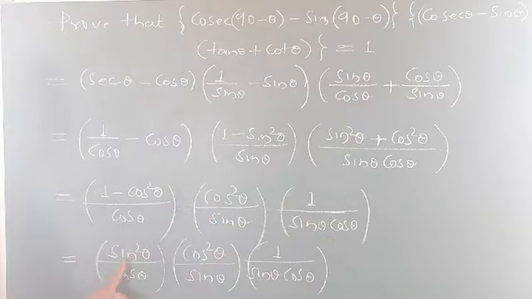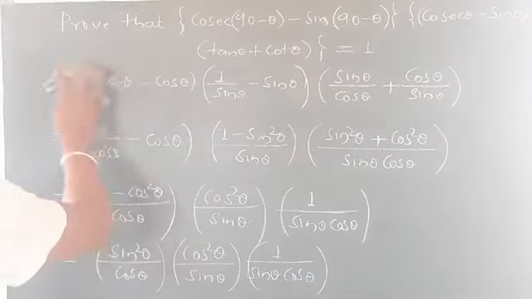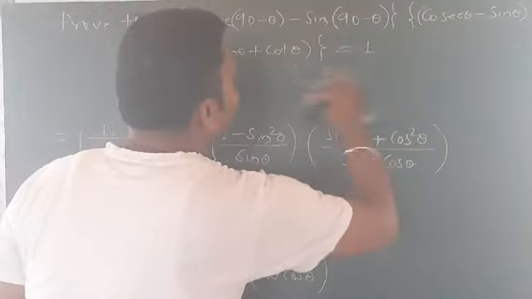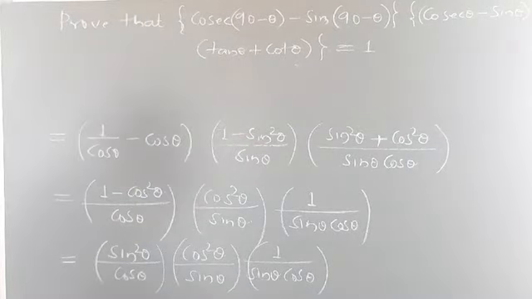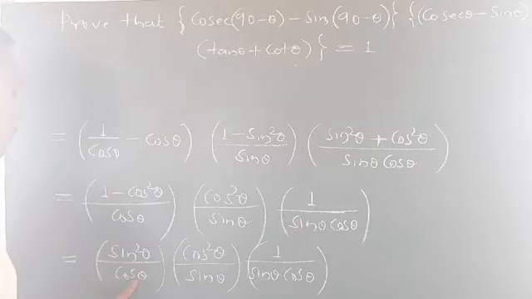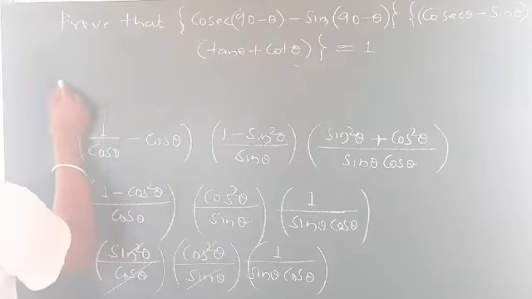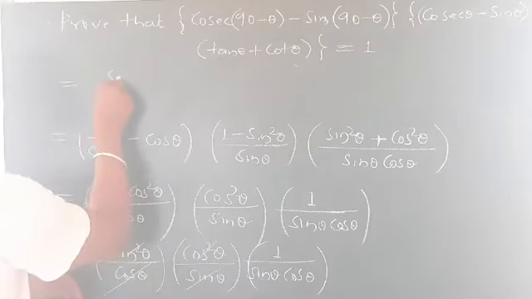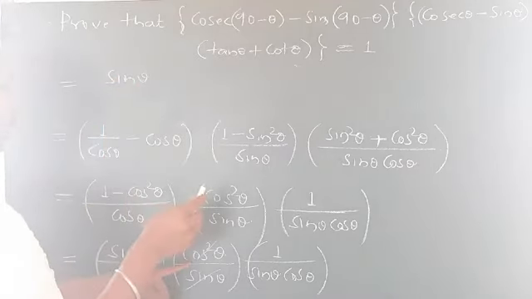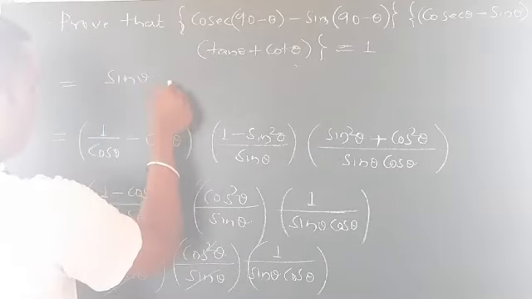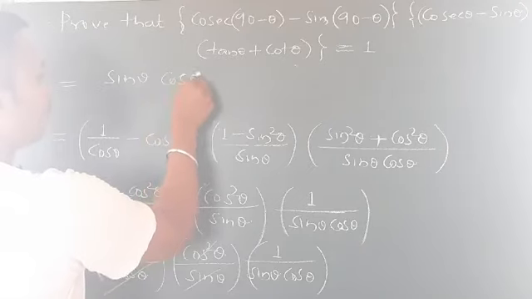Now 1 minus cos square is nothing but sin square theta by cos theta as it is. Now cos square theta by sin square theta as it is. These two quantities are as it is. Let me rub this one and I'll write here the first step. For the next step we have sin square theta by cos square theta, and this one and this one get cancelled, 1 and 1 get cancelled here. So the remaining quantity here we have 1 sin theta, and here we have one more into cos theta.